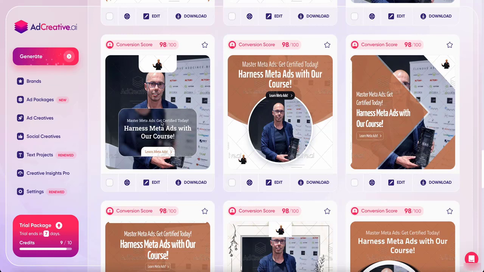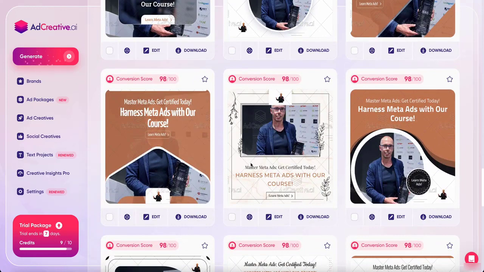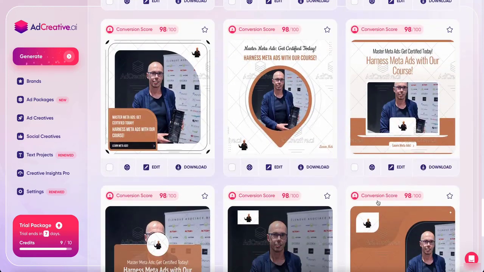Also, this is a really nice idea. I think I would need to change this logo to some nicer logo. This doesn't fit, but as you can see, there are many nice ideas you can use immediately. This is, for example, a cool idea.